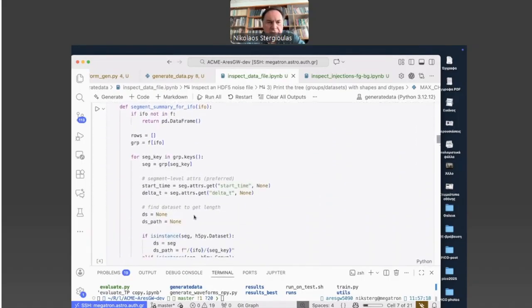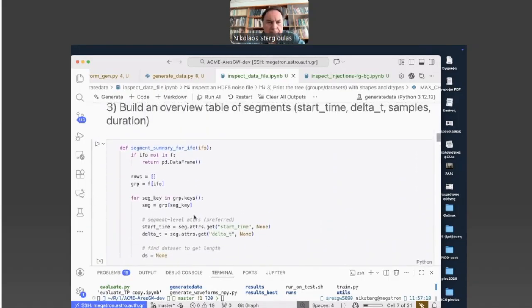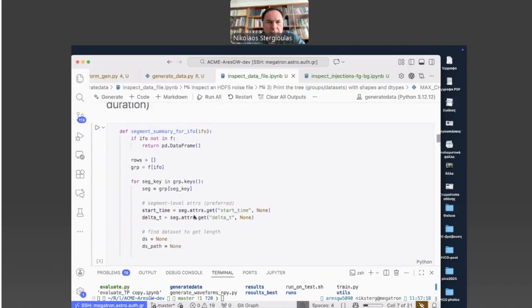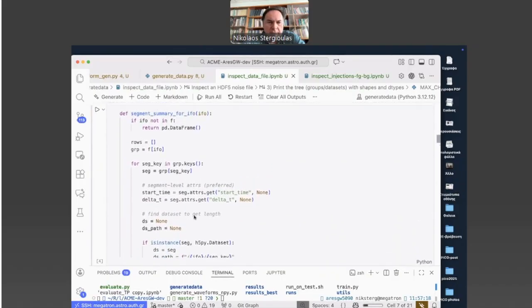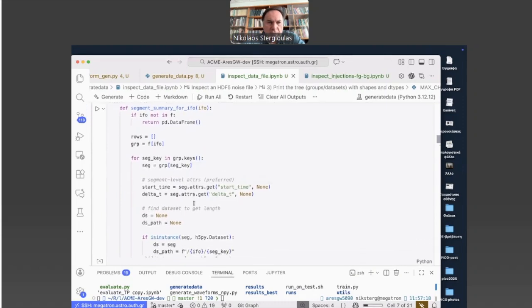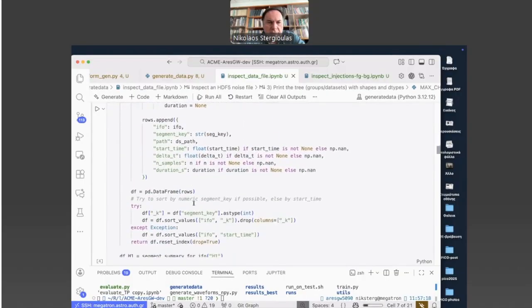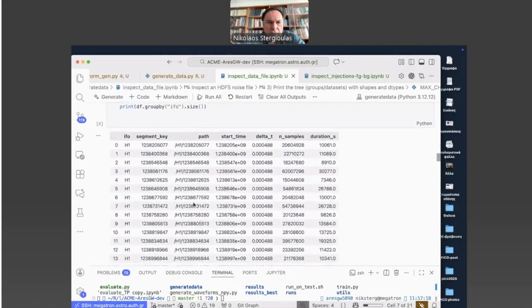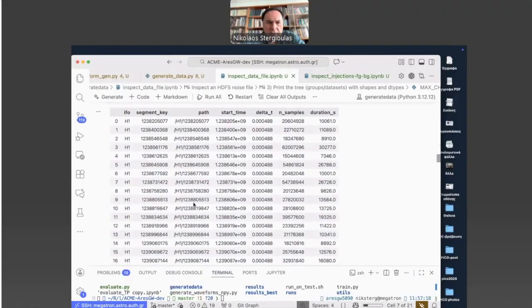But before that, let's create an informative table by using this data. So here, this is another function that we provide, with which you can make a nice table for both detectors. So IFO is the interferometer.